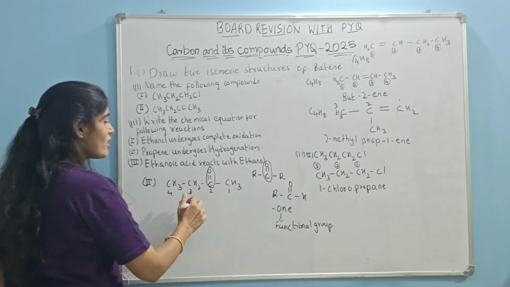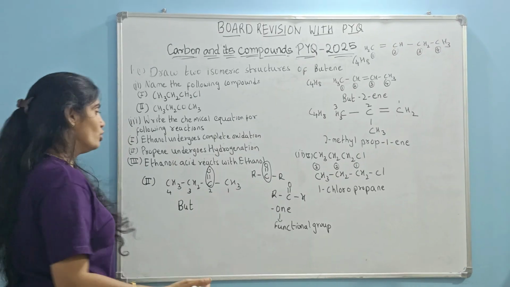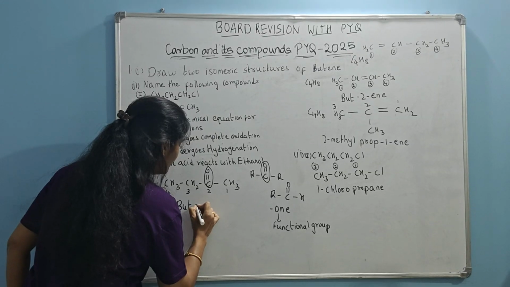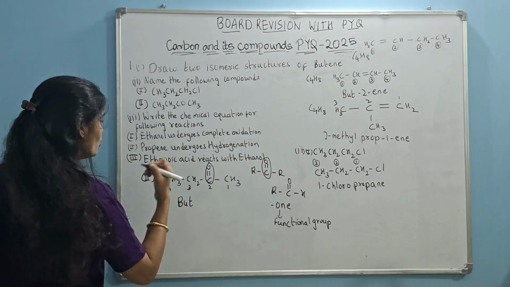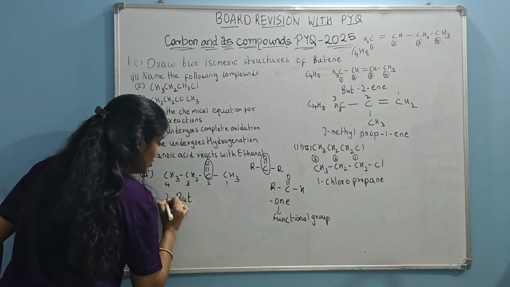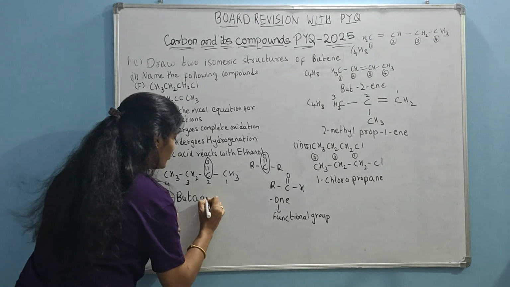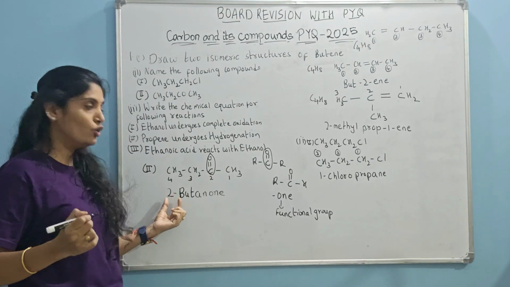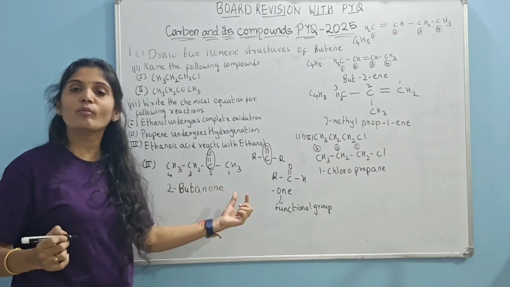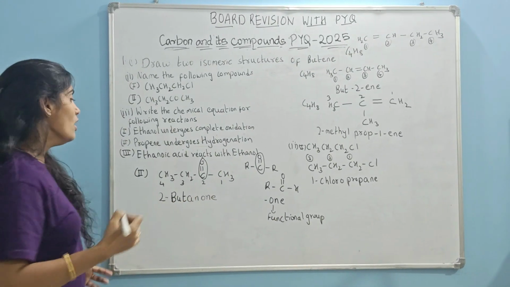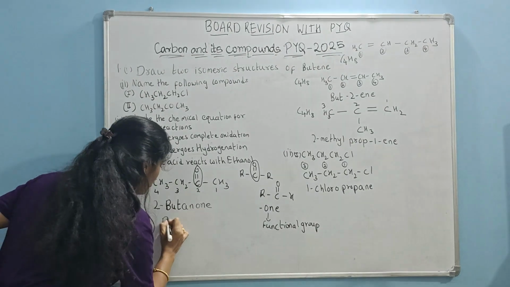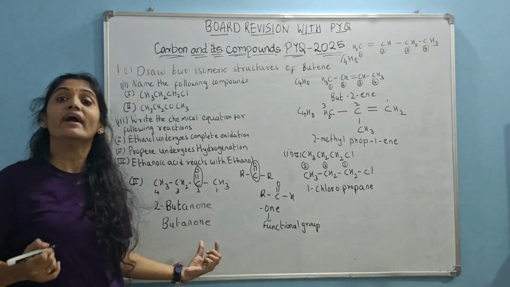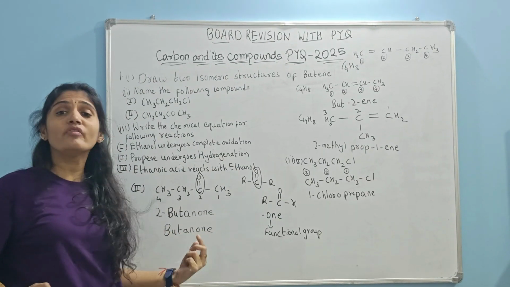Now what do I have next? Next I have to represent the position of the ketone group. I can write it in this way. There are 2 ways of writing it. Let me tell you. You can write 2 at the starting and represent it as 2-butanone. You can just show the position of the ketone group at the starting and write 2-butanone. This is one way of writing. Now if you don't write 2 and simply write butanone, even then the name is right. Why is it so? You need not write 2-butanone. Even if you write butanone, it is right.